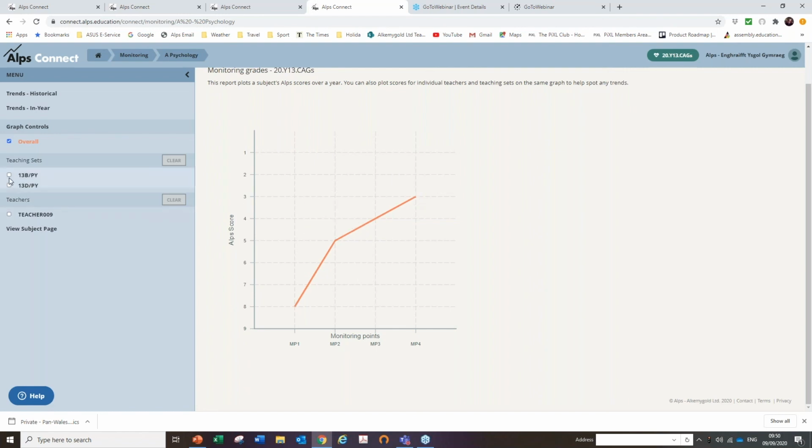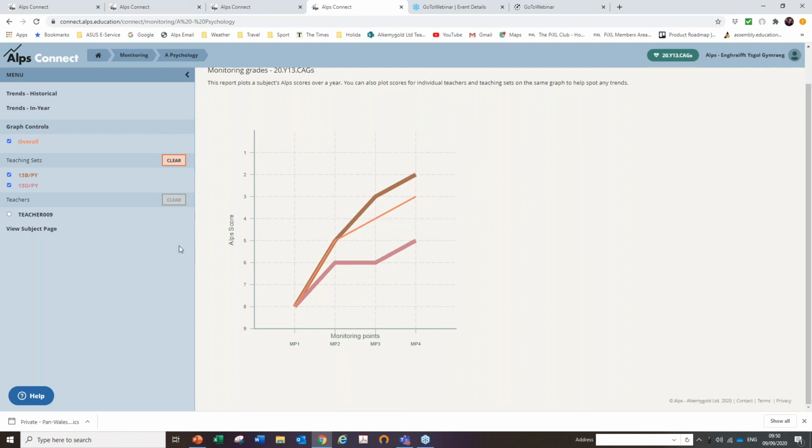I can overlay the teaching sets, and you can see a very steep curve in 13B set and a more modest leap in